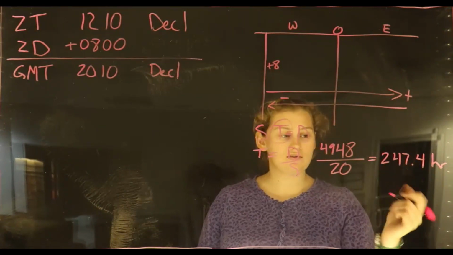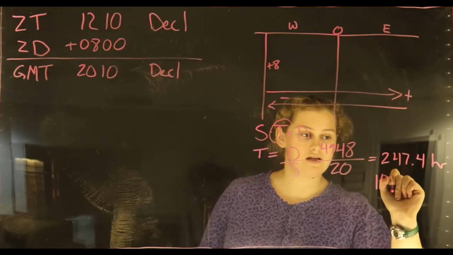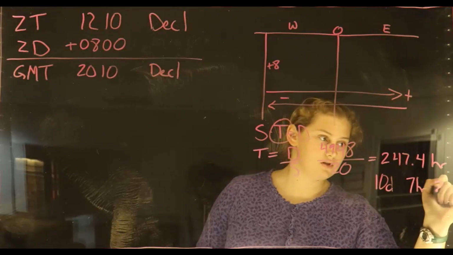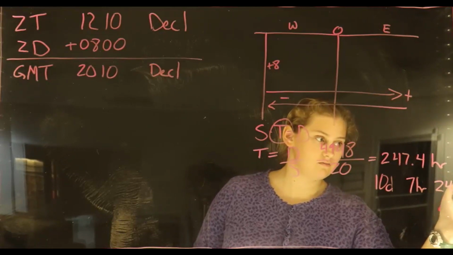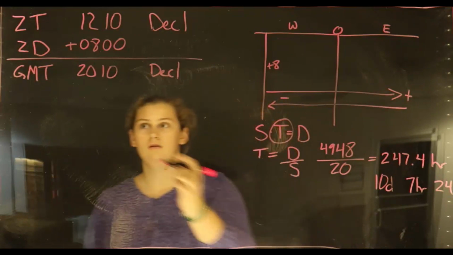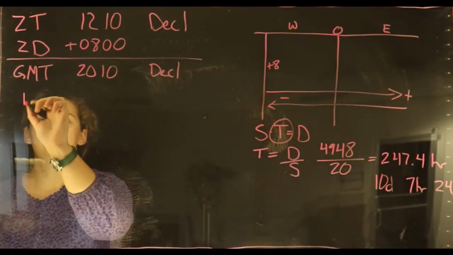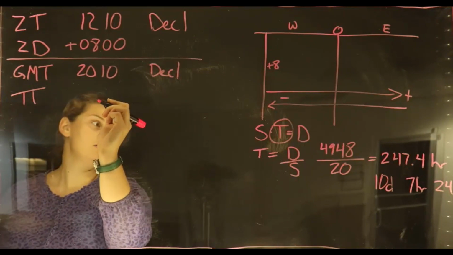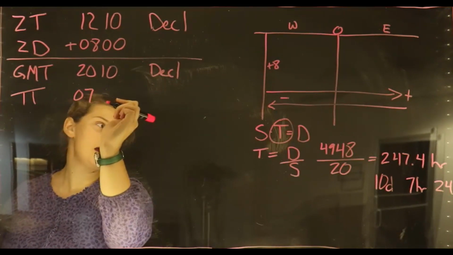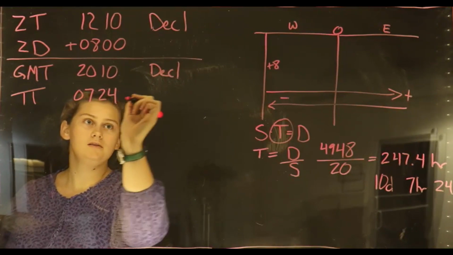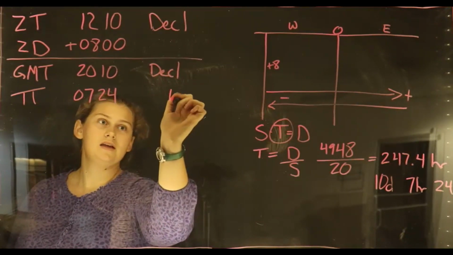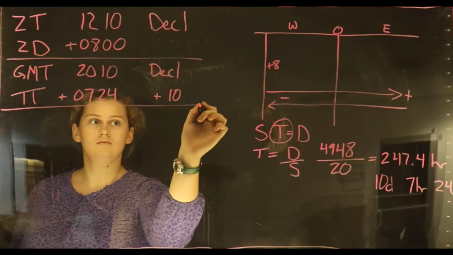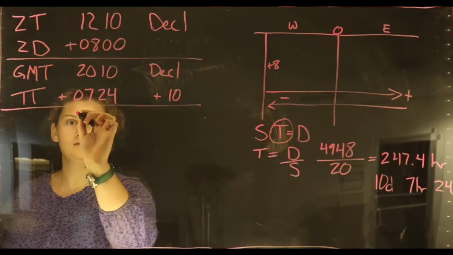Once we break this down, this ends up being 10 days, 7 hours, and 24 minutes. So we'll go ahead and add this as our travel time, which I'm labeling as TT. So we are adding 7 hours, 24 minutes, and 10 days. And this equals